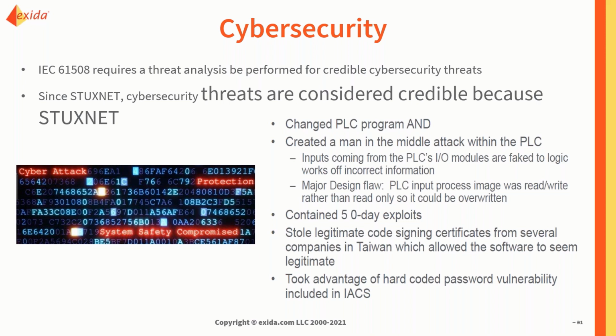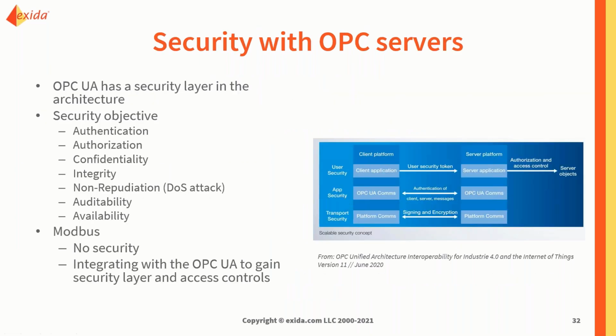But as you can see, this is something that's going to be very problematic when you have something that can be read and write rather than just read only. And within the OPC network, within the OPC requirement, they actually have a very robust security layer requirement within the architecture, like authentication, some kind of security token, authorization, whether only certain personnel can access it, a confidentiality in